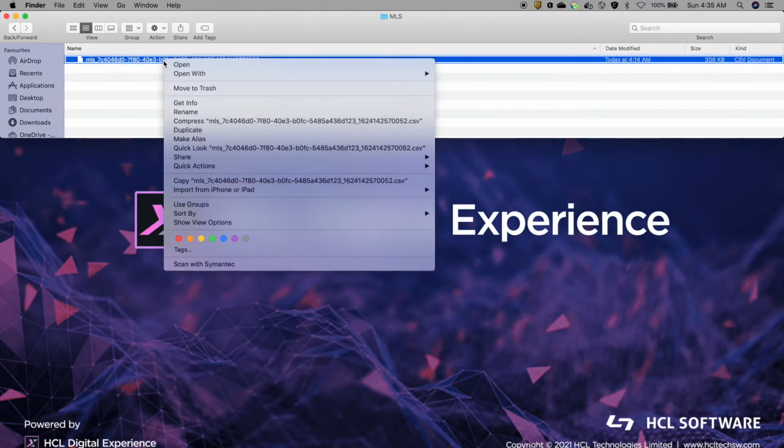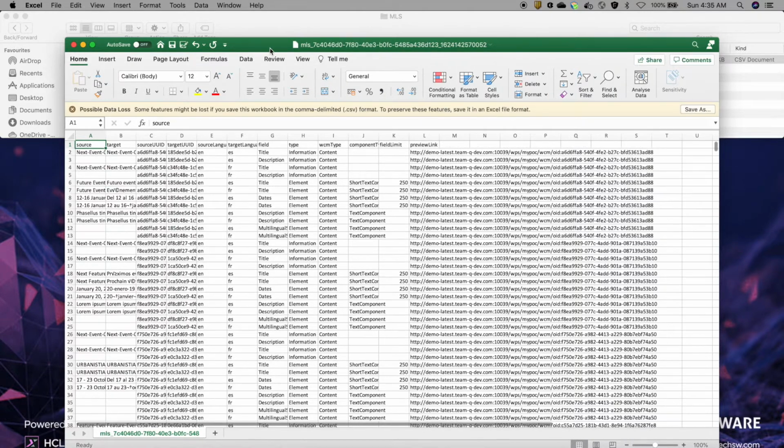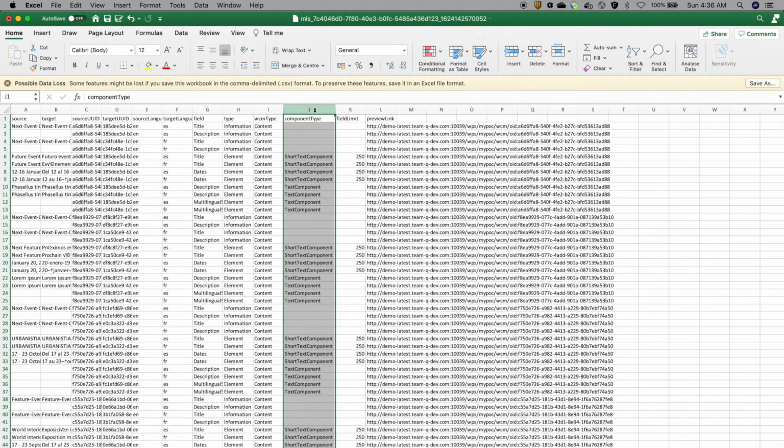If you look at the CSV file, this file consists of the contents that we just exported, wherein the data is exported in different columns, namely the source content, the target content, the source and target UUIDs, source language, that is English, and the target languages that are allowed in the system, the type of field, type of information that is related with the content, the component type of the particular content,